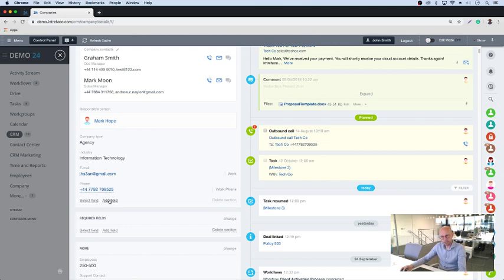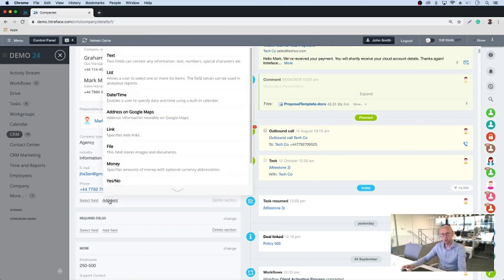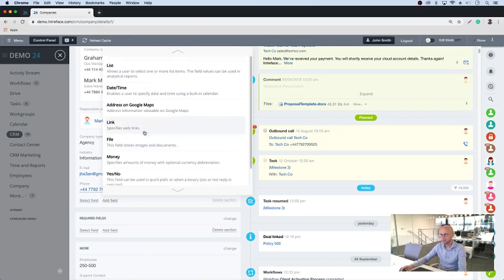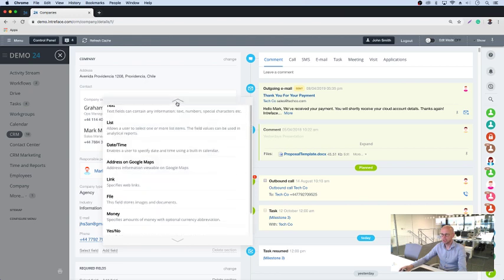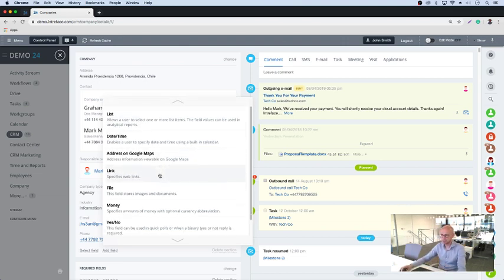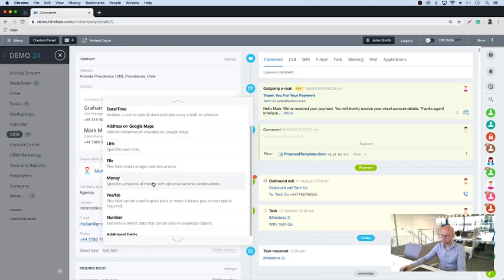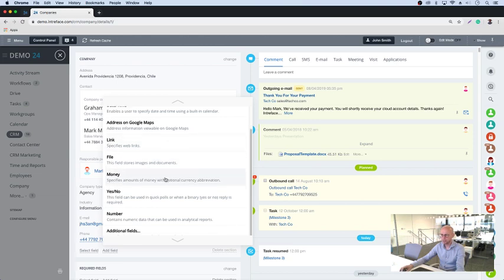Here is add a field. There's a little link. If you're an admin, you get the option to add a field. If you're not an administrator, I don't think you see this link. So you can then choose from the options you've got here in terms of types of fields: standard text fields, a list which is going to be a drop-down selection list, date, time, Google Maps, money field for values and things like that in deals, attach a file, link to a website, tick box, yes, no tick box